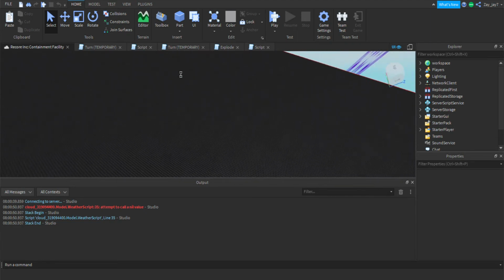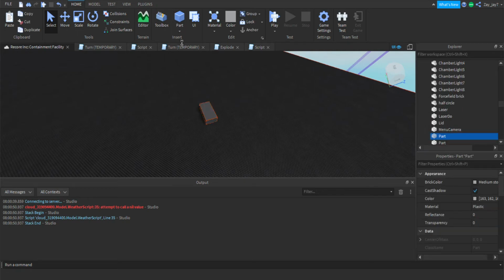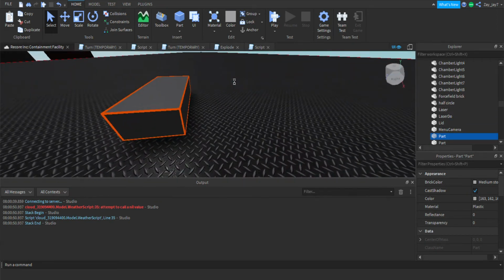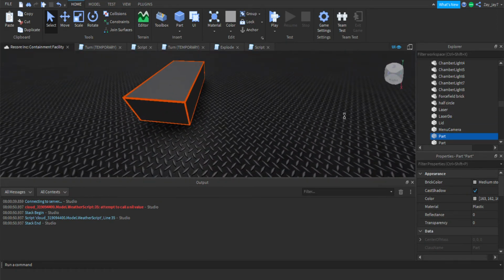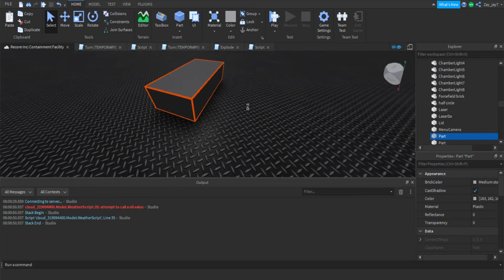So first thing you want to do is, if you want to go up to here, press on home. If you're already there, then don't. Then click on part. This will insert a part into your workspace. And now what you want to do is click on, well, you don't have to all the time, but